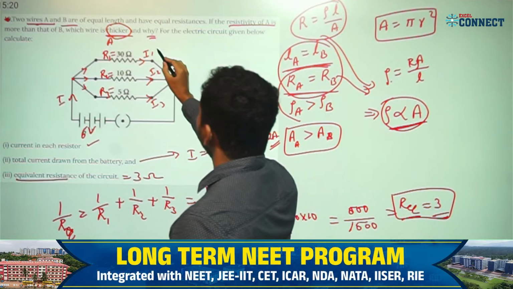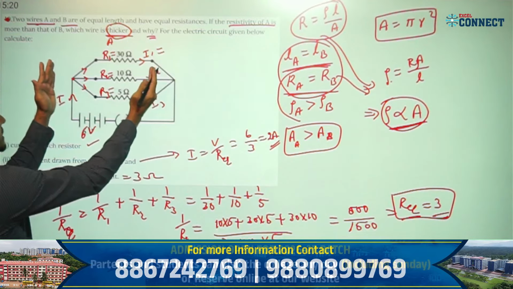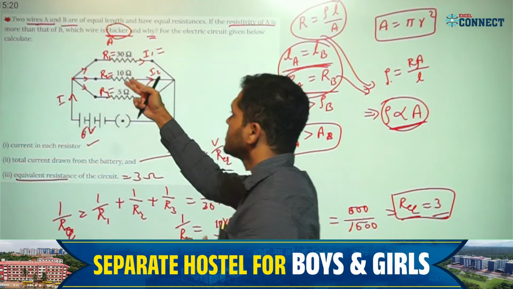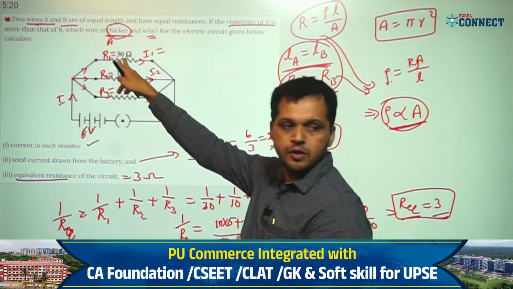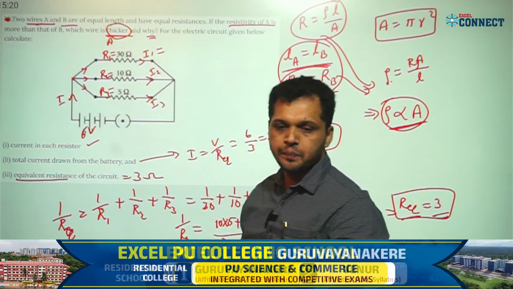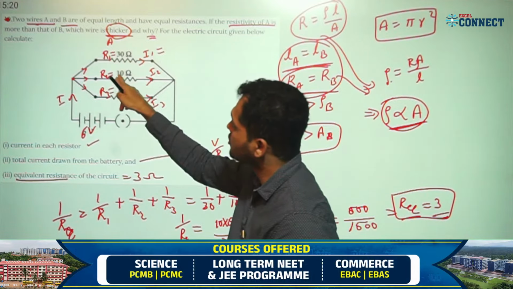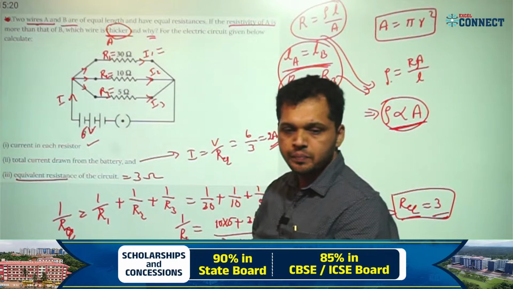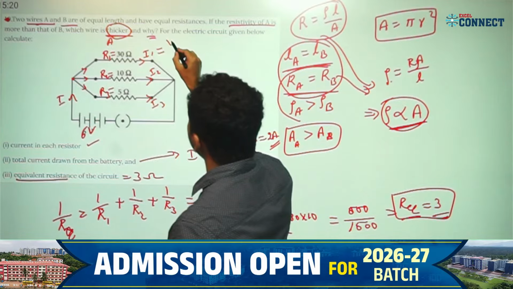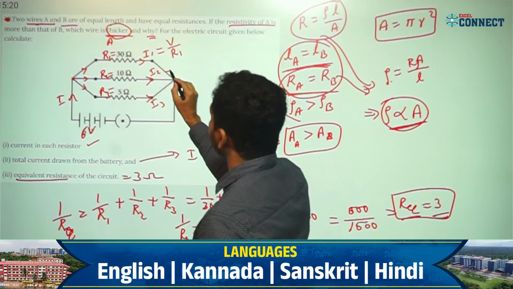How to get I1? I is equal to V by R. Now students tell me, what is the potential difference across each resistor here? It is a parallel combination of 3 resistors, right? If 3 resistors are in parallel, the potential difference across each resistor is the same. So the potential drop across each resistor is 6 volt. Is it clear? So I1 I can write as V divided by resistance R1,